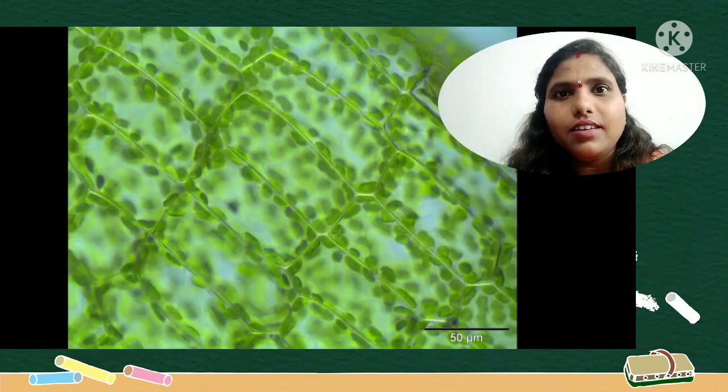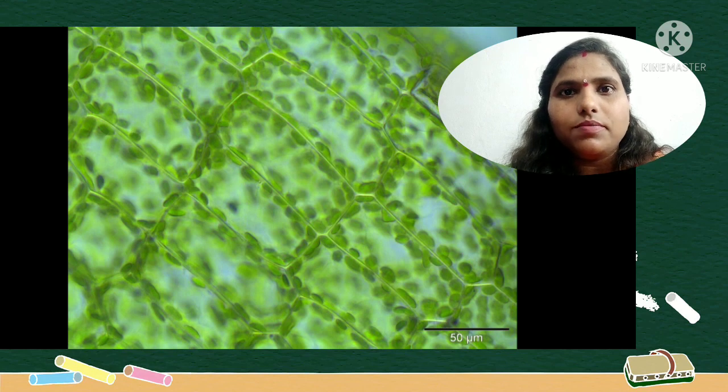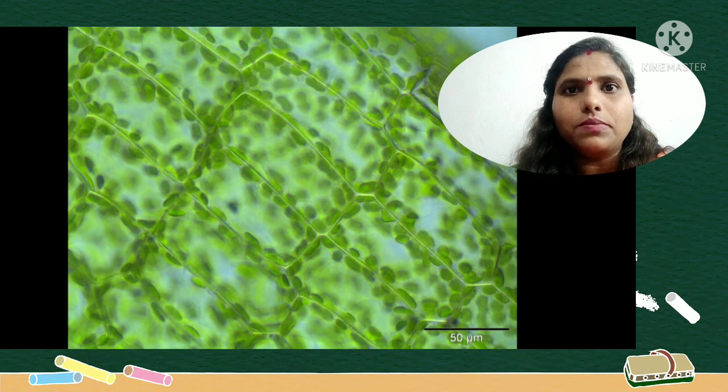This slide, look at this picture. Are all the cells similar in this? No, not at all. In this, the same rectangular shape of cells are there. Epidermal cells are present, and if you observe, chloroplasts are present, and stomata are also there. We already discussed the function of the stomata. It helps in transpiration and gaseous exchange also.